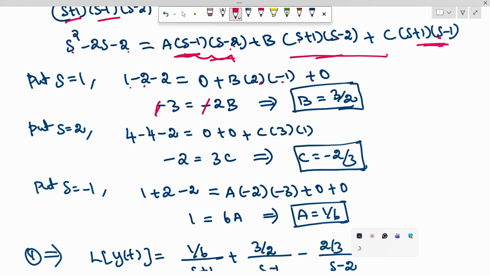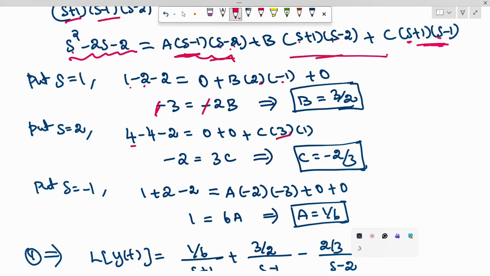S minus 2 means if you put here s is equal to 2, 2 minus 2 will be 0. In the second term also s minus 2 is there. Put s is equal to 2, 2 minus 2 value 0. In the left hand side also substitute here s is equal to 2, which is s square means 2 square is 4, minus 2 into 2 will be minus 4, minus 2 equal to, first and second term values are 0, 0 plus 0 plus c into, put here s is equal to 2, 2 plus 1 is 3 written here,